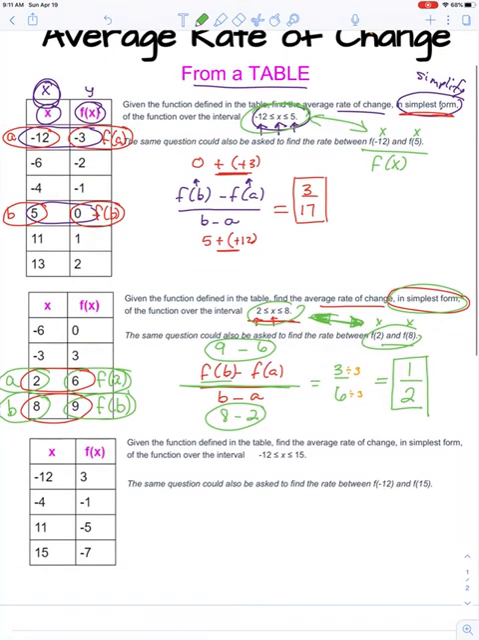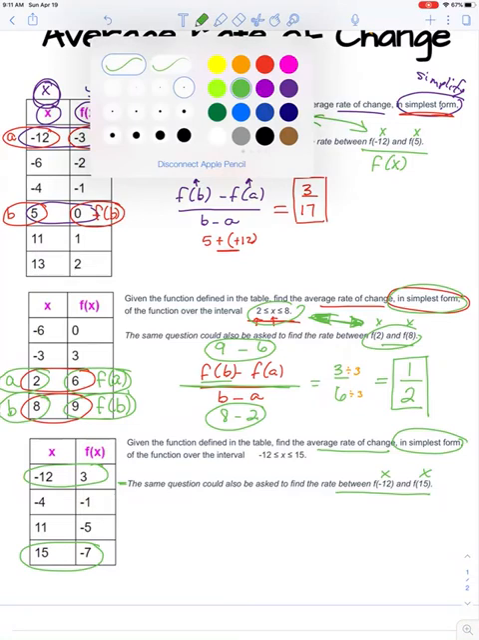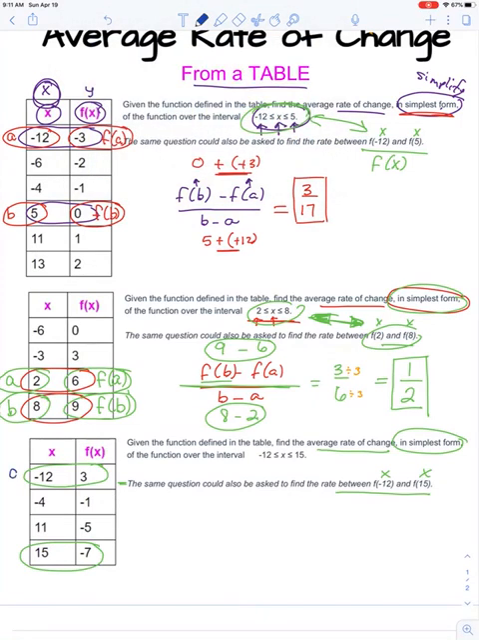Okay, so actually for this one, I'm going to use this question, just so we understand. Given the function defined in the table, find the average rate of change in simplest form of the function, so I'm going to jump down here, between f of -12, so that's my x, so I want this one, and f of 15, which is my x, and I want this one. Okay, let's look. Here's A, here's B, so here's f of A, and here's f of B. Okay, now that we have everything labeled,